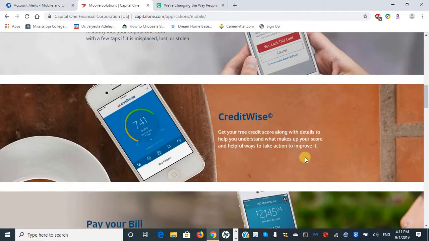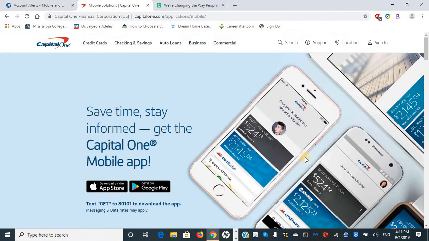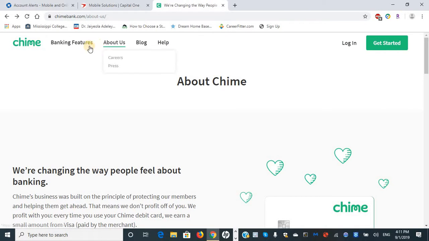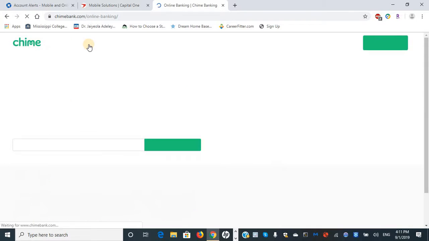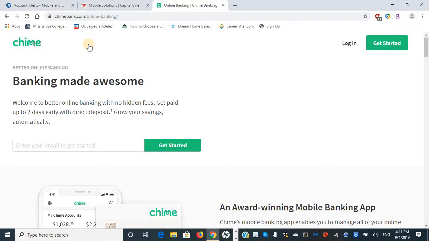Okay, so we mentioned pretty much all the financial services with Chase and Capital One. Now we're going to move forward and go to Chime. Chime is a new bank. Mostly it doesn't have as many features as Capital One and Chase. So as we go through